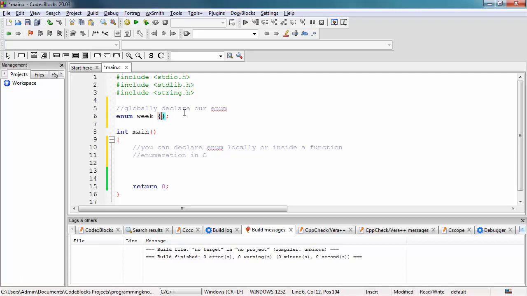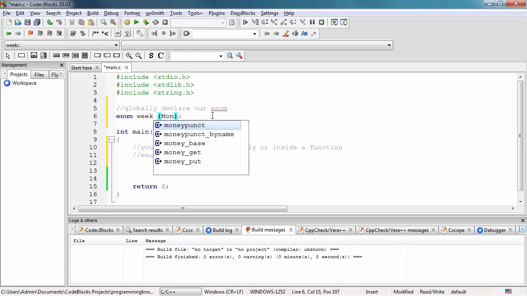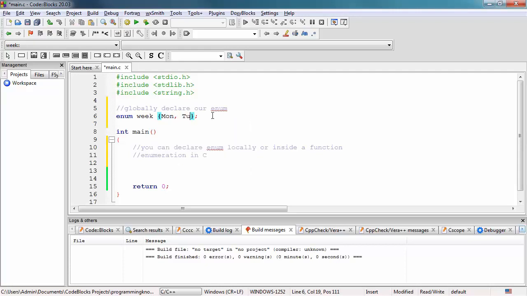Make sure you use curly braces and then a semicolon at the end of this particular line to signify that it is the end of this declaration. Inside here we can declare, for example, Monday, Tuesday, Wednesday,